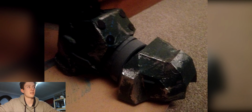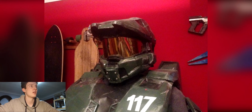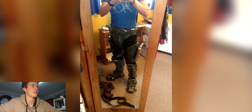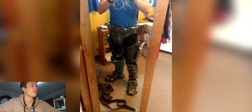I did add battle damage on this as well. Some silver scuffs where it looks like the paint has come off, the green paint has come off, with blue for the Covenant blood. This is the first test fit once it had been painted, and it actually fit perfect at the time. I've way outgrown it now,